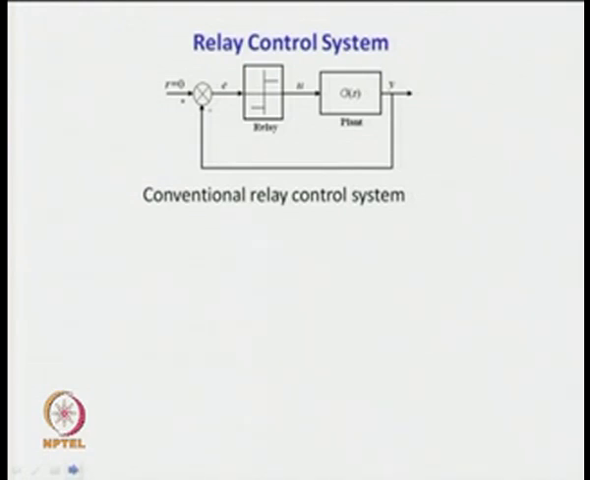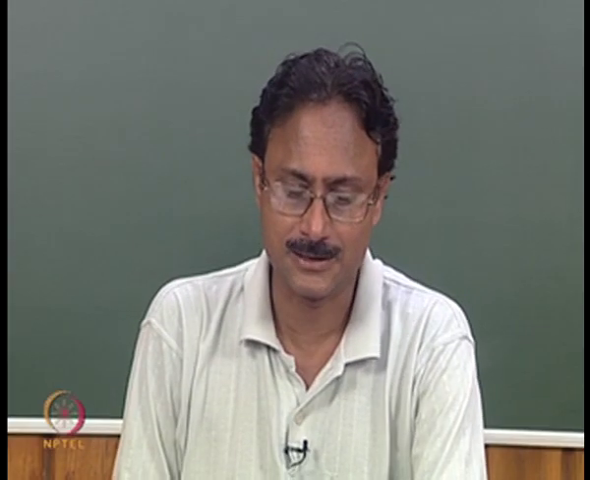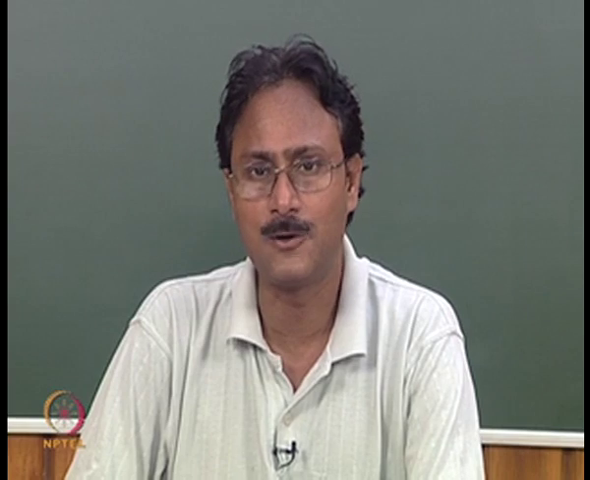What is a relay control system? The proportional gain has been substituted by a relay. Earlier we had a proportional controller here. Now, the gain of the proportional controller was changed gradually till some sustained oscillatory output is obtained from the closed loop system. But there is some risk, as we have discussed earlier. If the gain of the proportional controller is more than some specified value, in that case the output may blow